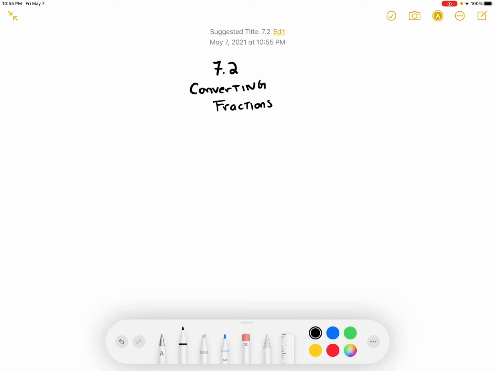In this video, we're going to be converting improper fractions into mixed numbers. So here is an example. If you have an improper fraction, like 7/2,